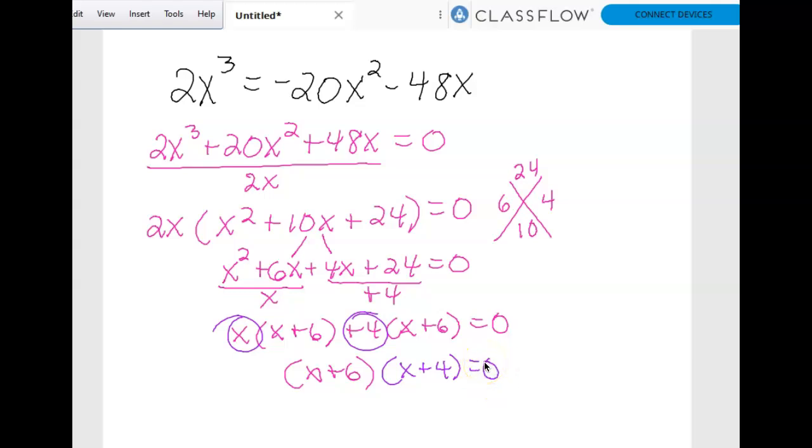Okay, so I saw a lot of you do this on your test. Am I done? What is missing? The 2x at the top. Now I'm ready to find my factors. So I have to set this equal to 0, this equal to 0, and this equal to 0. So I'm going to have